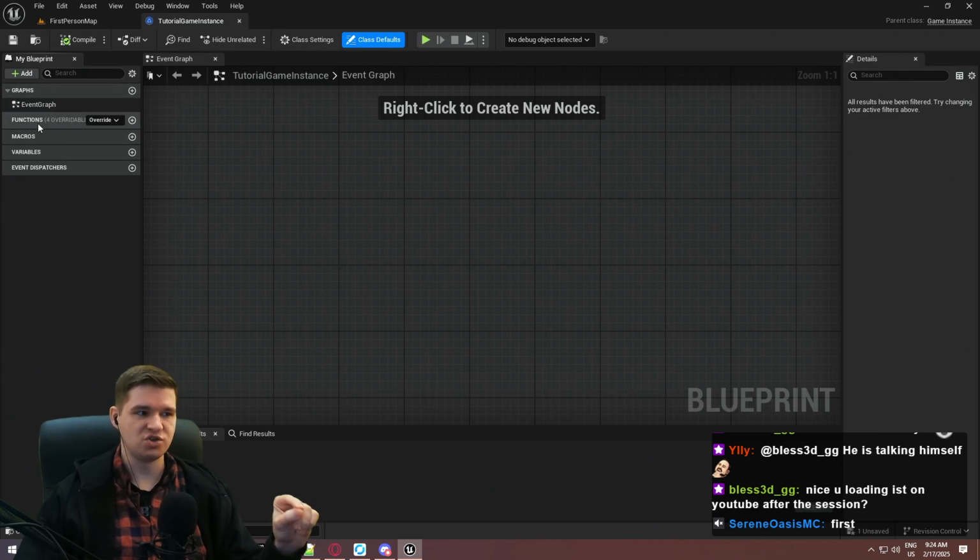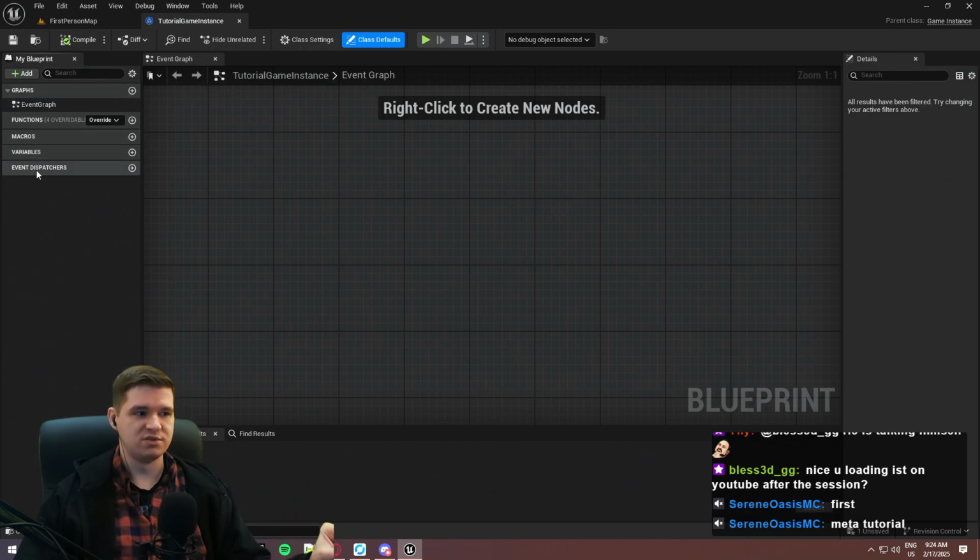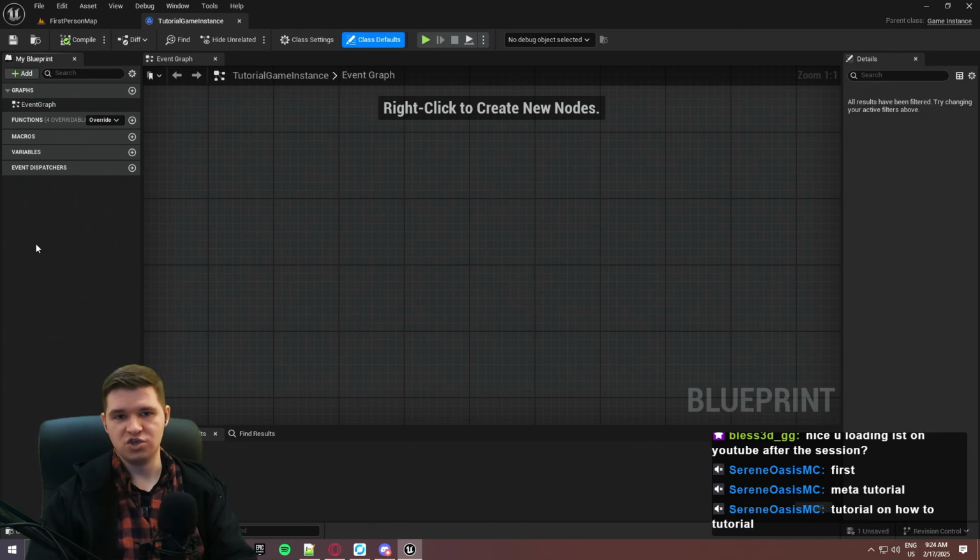Now, if you're not familiar with variables, if you go over to the left-hand panel here, you can see that there are graphs, functions, macros, variables, event dispatchers. The player's score is going to be a variable, right? It needs to be 1, 2, 3, 4, any of these whole numbers. Now, unfortunately, a whole number in mathematical terms is not a variable in programming terms. But what we're looking for is called an integer, right? No decimal places, just whole integers,